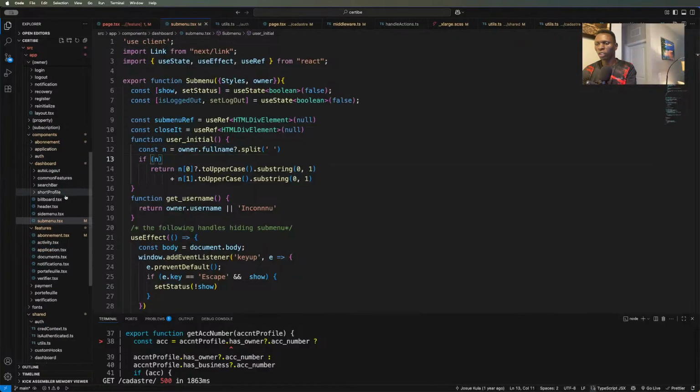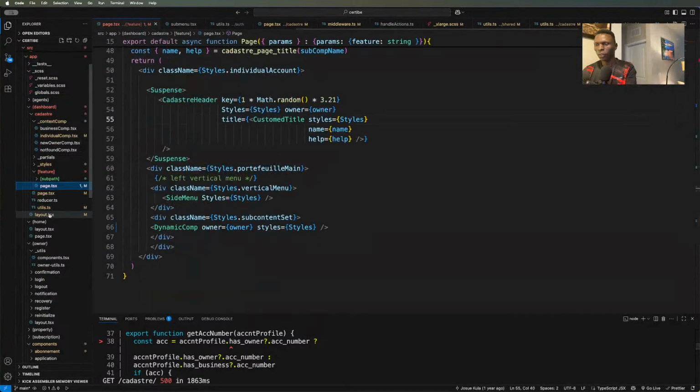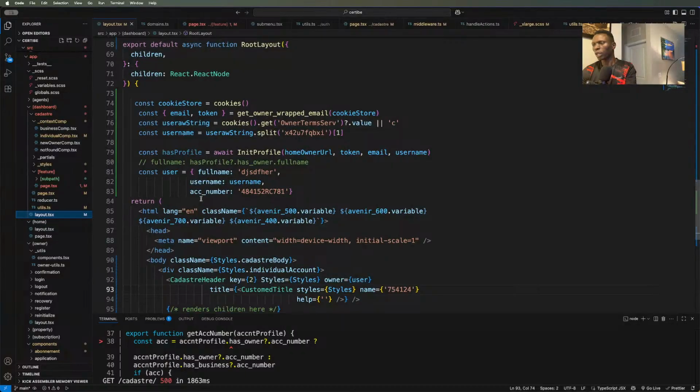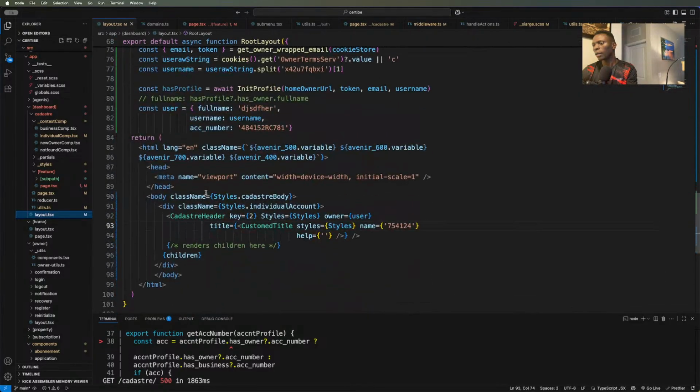So I wanted just to confirm the layout will do all the AV loading or the AV pulling, and then to set the header. I wanted to set this header,